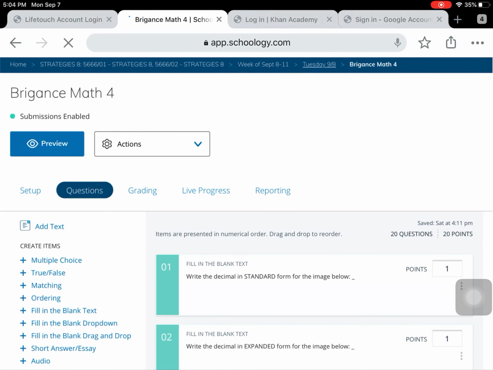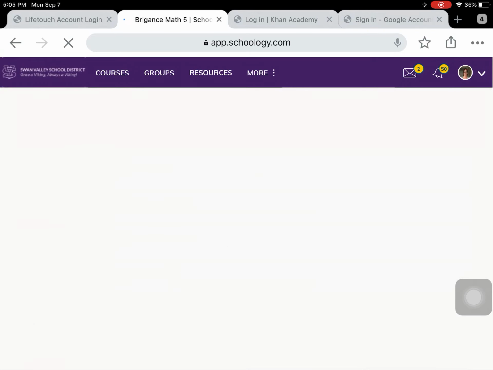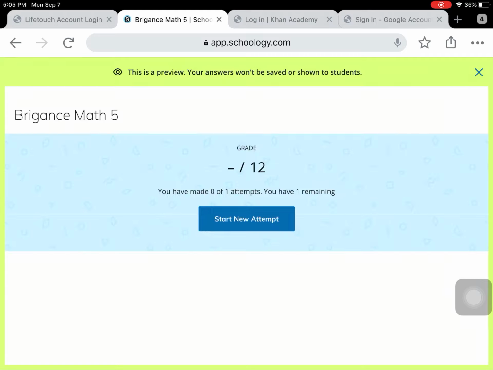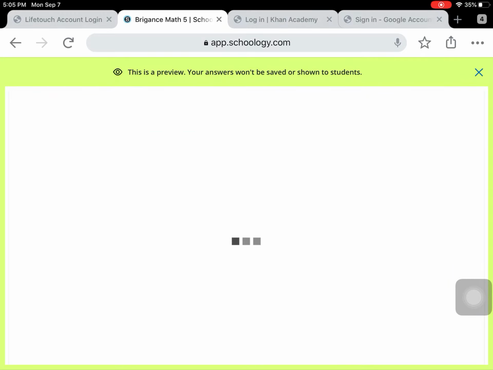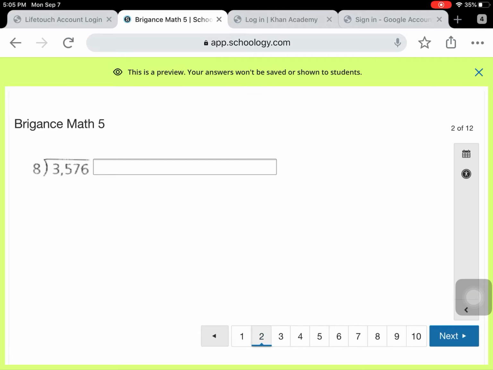So we'll go back to Tuesday's folder. You have basically 2 different ones. I'll open the next one to show you the next sample problems. This one I believe has 12 problems. So you have some division practice, and again, using your own thinking power, not a calculator. You can use paper if you need to. You will solve this to figure out what the answer is going to be. You have another one set up for you. Another, another,